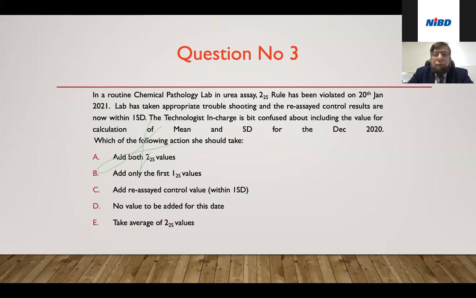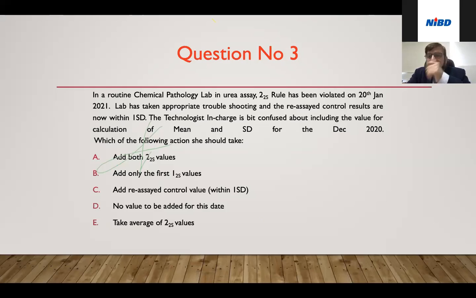That means two consecutive values of the same control are either above or below 2SD. Lab has taken appropriate troubleshooting and the repeated control results are now within 1 SD. The technologist in charge is a bit confused about including the value for calculation of mean and SD for the